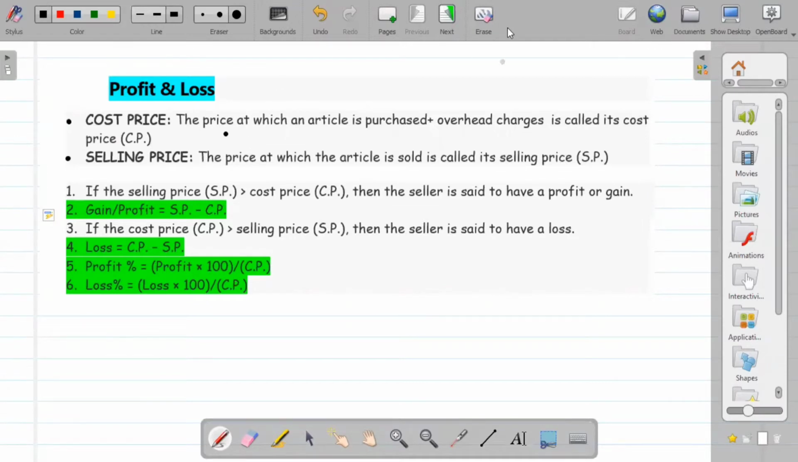Okay, so today we will see profit and loss. Before seeing profit and loss, let's understand some basic concepts. First is your cost price. If I purchased one bike